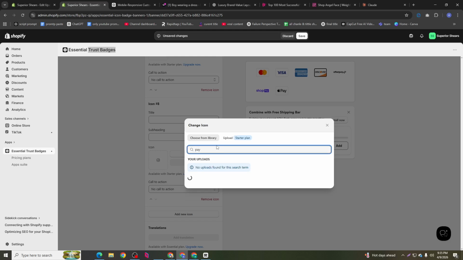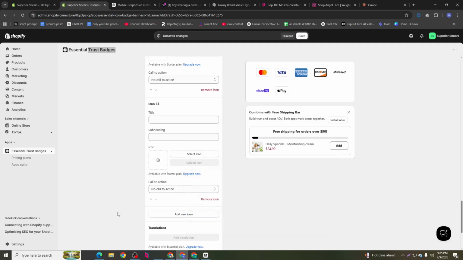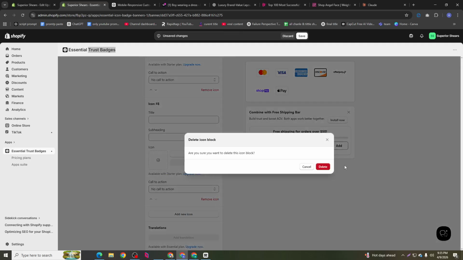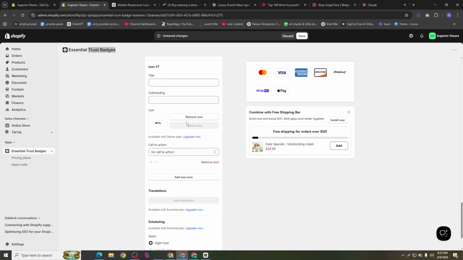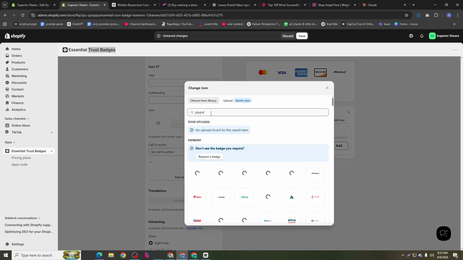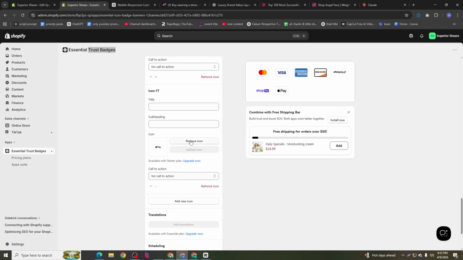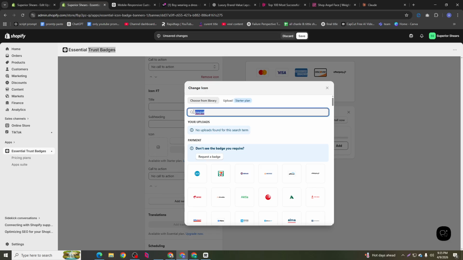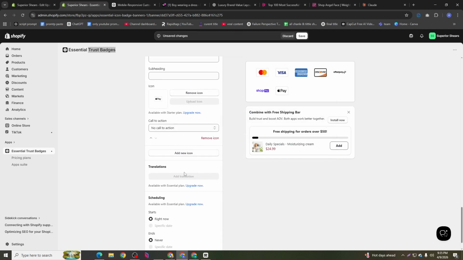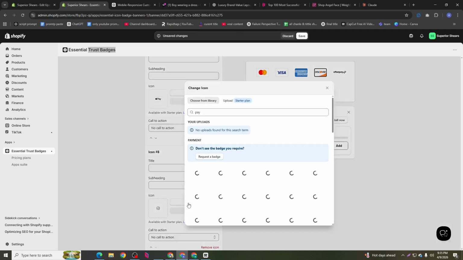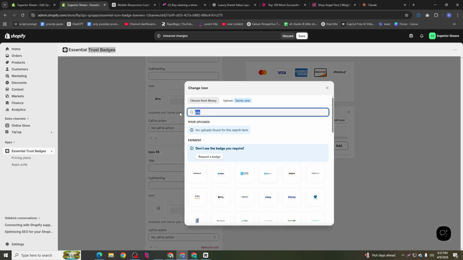Okay, PayPal. Now you see nothing is showing here. I previously faced this exact problem. You should remove the icon from here, and the same thing, remove this icon here, Apple Pay. Now let's go to Discord and see what my pay icon was. This icon was pay. Let's search again. Pay. Okay, pay, this is here. And now if I add the icon again, I think I will see all of them. So that's the issue.